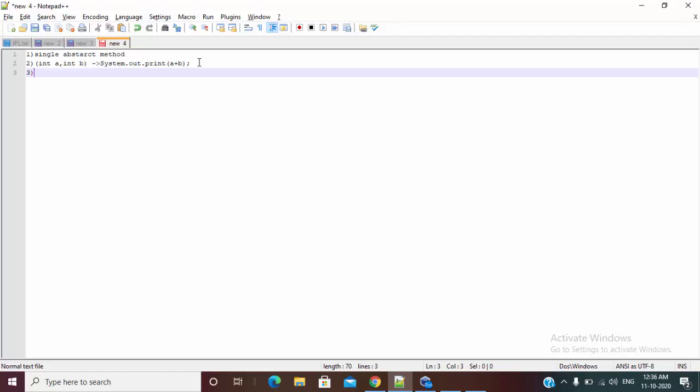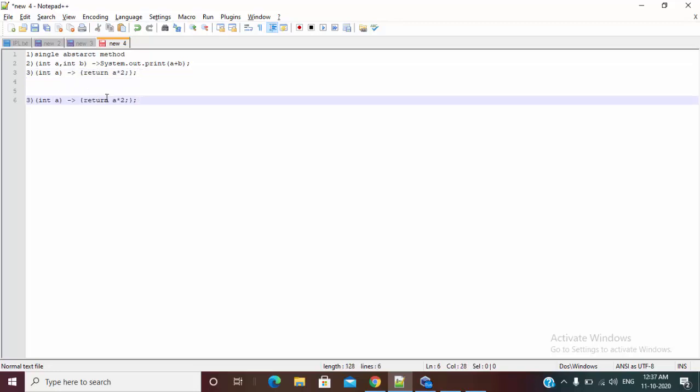Second thing is for a single argument. For a single argument, you have int a, and you can use return a into 2. So this is a valid lambda expression. Let me copy this scenario, it's a special case.